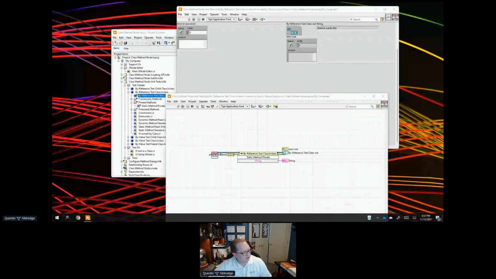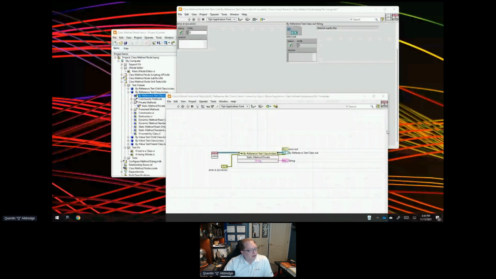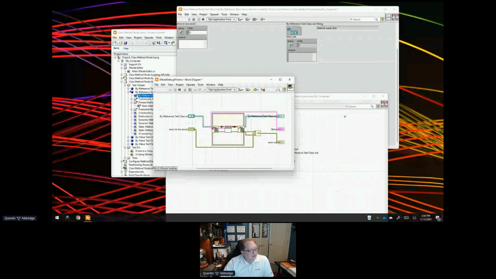Because I was working on a node that was basically the unbundle by name, but it would work on classes or clusters or DVRs of clusters or DVRs of classes and classes that nested DVRs. And I was running into some issues, and I think I looked at it and went, "Oh, well, these wires are broken. Well, it's not letting me do this." But just run it, and it might have worked. It let me do it. Yeah, but you can see when I go in and look at the generated code, it shows up as broken. I'm assuming you have the get errors